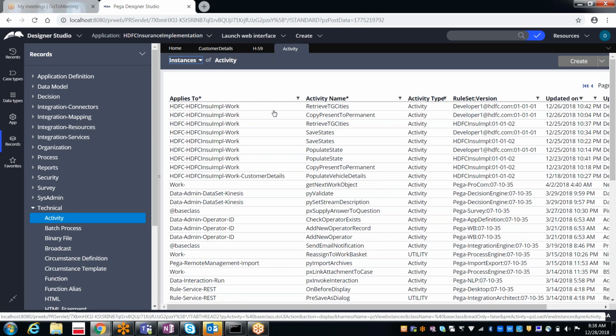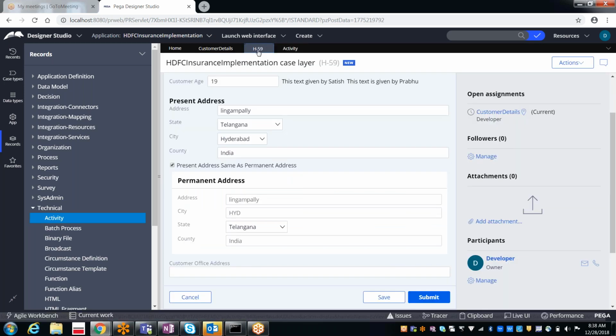This is excellent. We have one more way also. What is that? Obj-browse, which we use in the activity. But first of all, we need to know which activity it is. When implementing this functionality, on click of this checkbox we are copying the information.